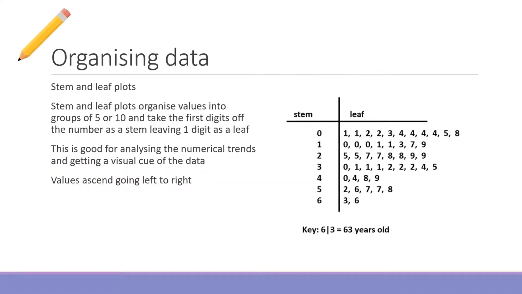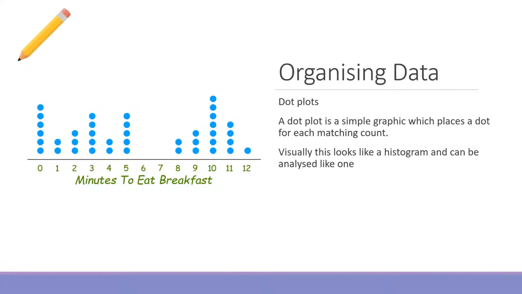We talked about 2 ways to organize data. The first is called just a simple dot plot. Dot plots are one of the easiest ones. Oh my god, if you get a dot plot in a test, you should be like, thank God, it's like 3 kind of marks. Because all you're going to do is put dots places. And it looks like a histogram, so you can actually get questions like, is this a symmetrical distribution or is this a skewed distribution? You can also get questions like, you know, how many